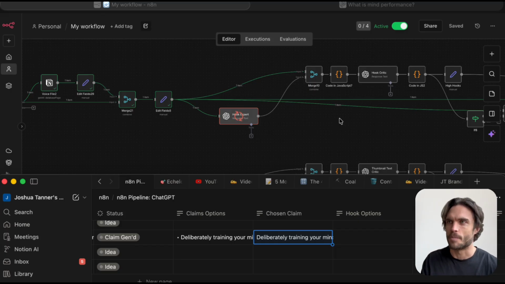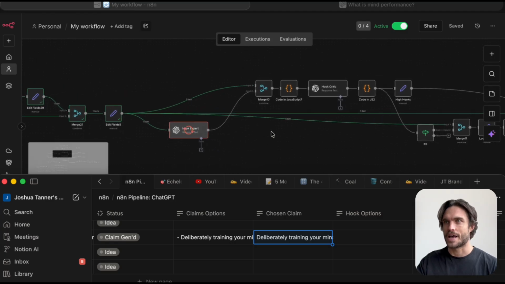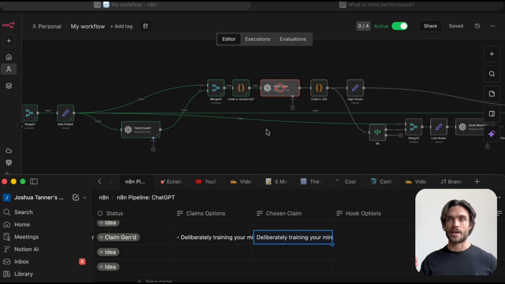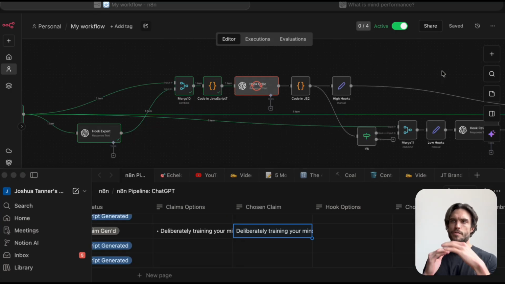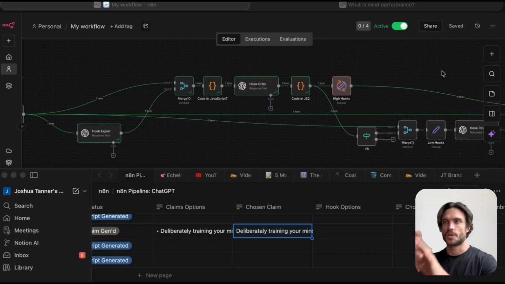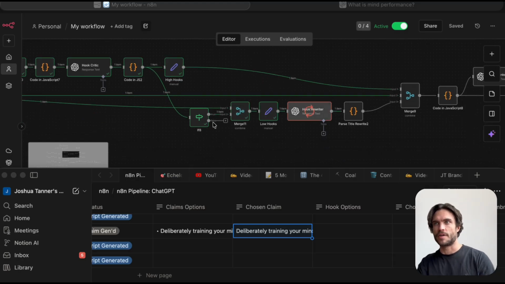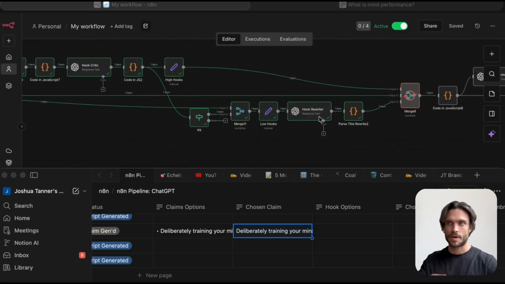Okay, I forget exactly how many it's supposed to be creating. But once it creates all of those hooks, then it gets passed along to this second node. The second node is a critic. As soon as this critic comes up with the list of scores for each of the hooks, you get a cutoff. If a hook scores below this cutoff, then it needs to be rewritten. But if it scores above the cutoff, that means it's a great hook and we want to hold on to it. You can see here that the low hooks are being fed into this rewriter pipeline,